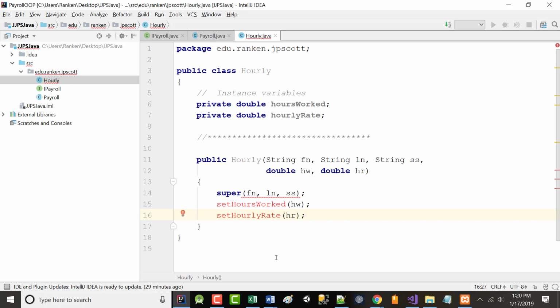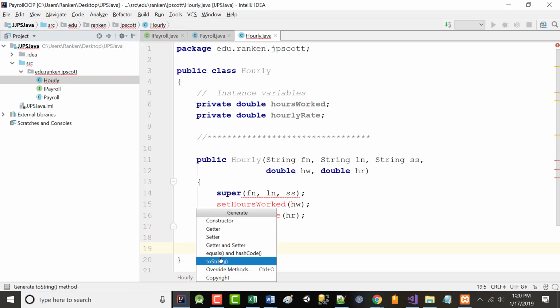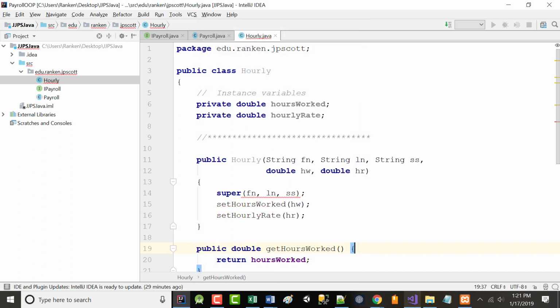All right, which means what? Which means that the next thing we have to do is our getters and setters, but only for those two fields. So again, code, generate, getter and setter. Notice what's there. See what's not there? We're already generating the getters and the setters. The software's got some smarts built into it. We only want these two fields. Boom.